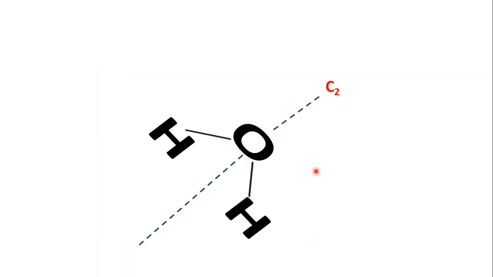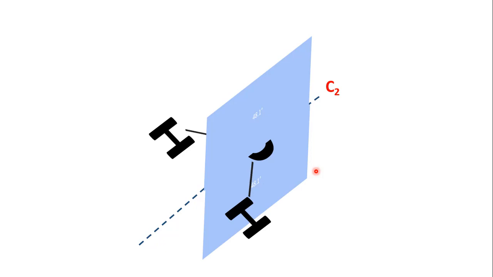Now what we see is a water molecule. C2 is the principal axis and there is only one axis in the water molecule. And you will find a plane passing through the oxygen atom, bifurcating the two OH bonds, perpendicular to the molecular plane, and that is known as a plane of symmetry. What type of plane of symmetry is it?